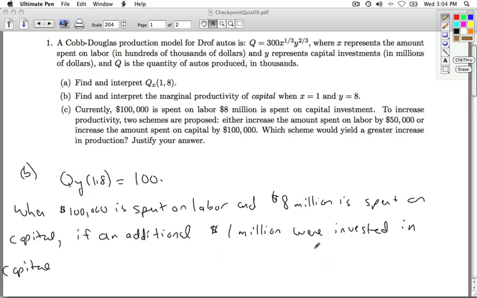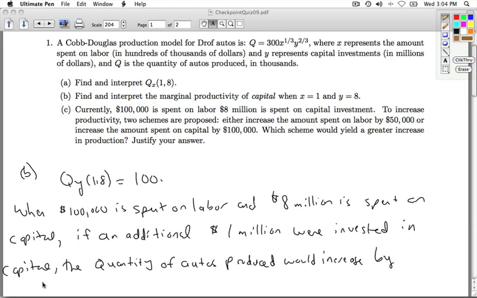If we increase y by 1, the quantity of autos produced would be approximately, would increase, because we have a positive 100, would increase by approximately